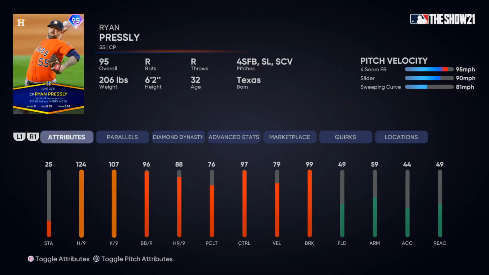If you look at his hits per 9, man, 1.24 and 10.7 Ks per 9. Now on paper, that looks pretty damn good. 1.24 hits per 9, yo, that's gonna make your opponent's PCI so freaking small. The only problem with this card is his